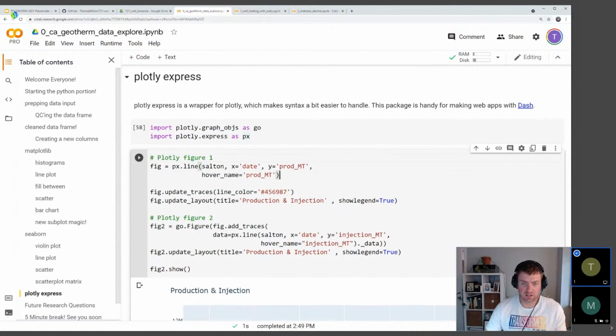With this, I just want to make a quick plot. It's the same data that we've seen before, where X is the date, Y is production in megatons, and the hover name, you can set it to whatever it is. This is the first line graph that we're going to do. I set the line color, and then I gave it a title for this overall graph. And then I did the same thing for figure 2. So you have to add a trace. It's kind of messy how Plotly Express does this. If any of you in the Slack channel are Plotly Express pros, I would love a way to clean this up. But if we run this,